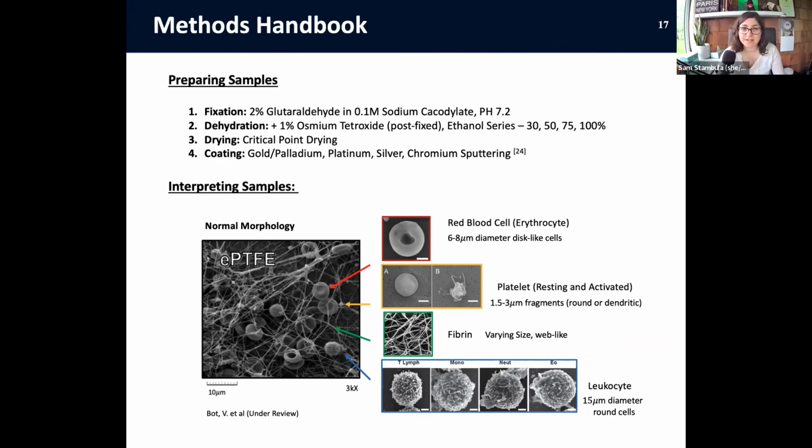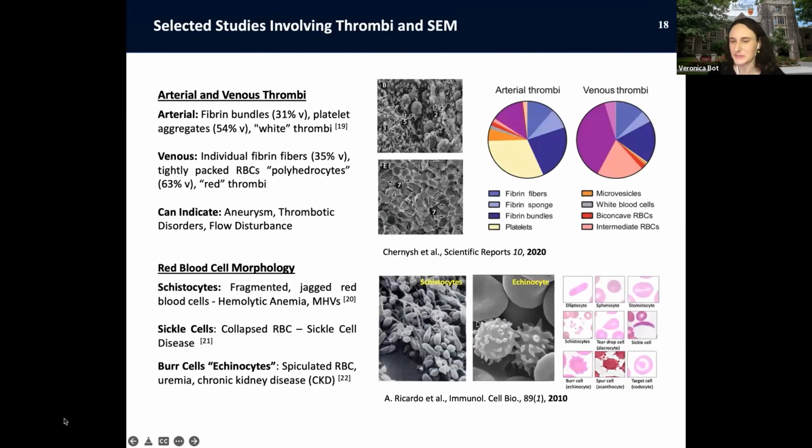Another question: did you have to worry about damage to your clots by the electron beam? For example, did you need to use low acceleration voltage, or was the preparation protocol able to produce quite robust samples? I would say I didn't have too many complications in the execution of the imaging. I don't think I used a particularly fragile protocol. Really, the only issue I encountered was the presence of echinocytes, which were spiculated red blood cells, which did not arise from the donor. It arose from my protocol.